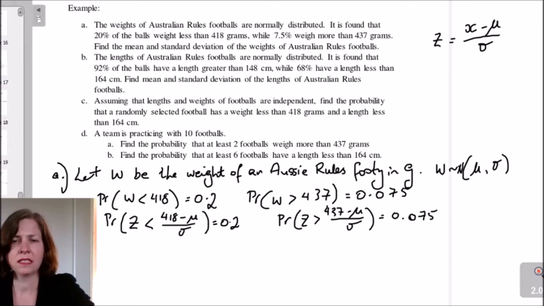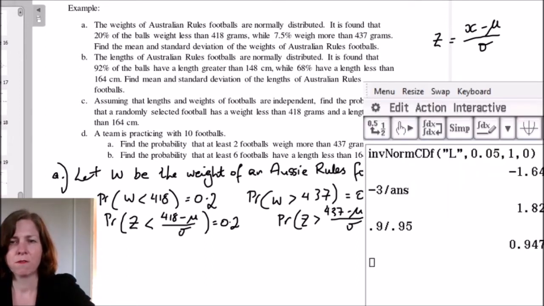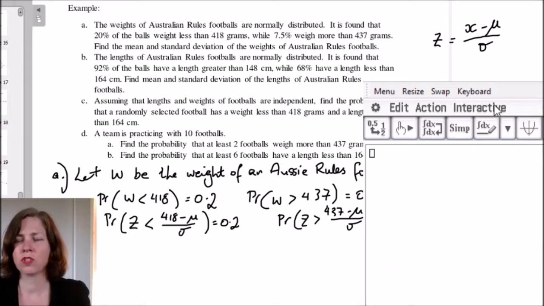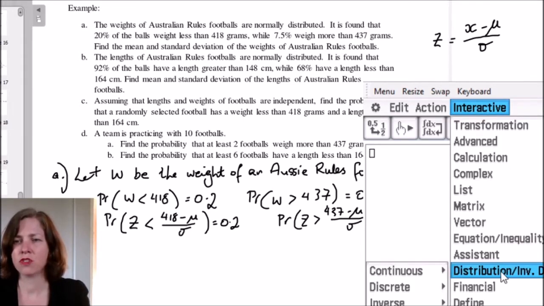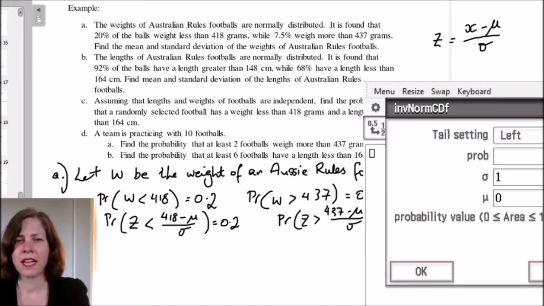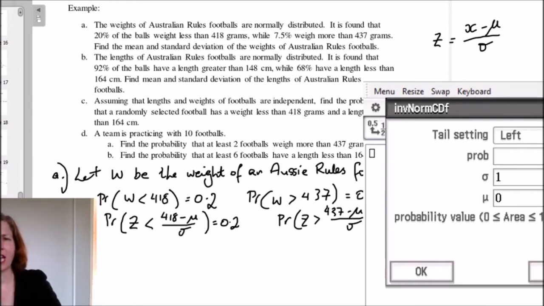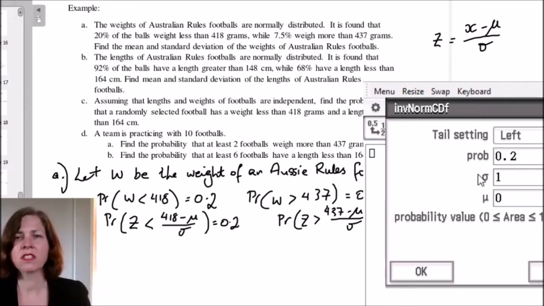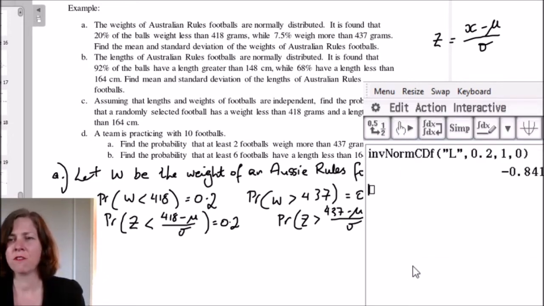So let's go to CAS. There's my friendly CAS. All right, so the first thing I want to do is I go into my distribution. I'm doing inverse again because I've got my probabilities and it's a normal. And for this left one, it's going to be a left tail and my probability is 0.2. So I put that in and I don't change anything else because this is a standard value now. So I hit OK and I get negative